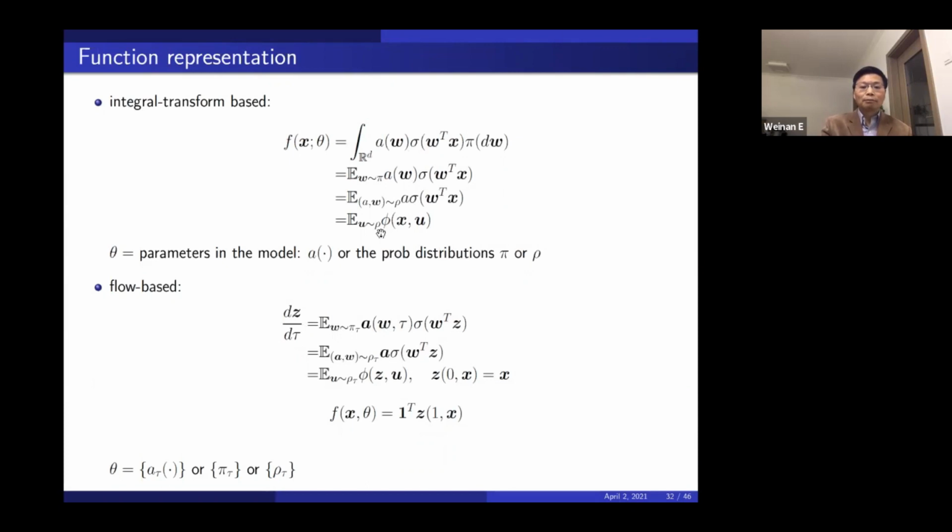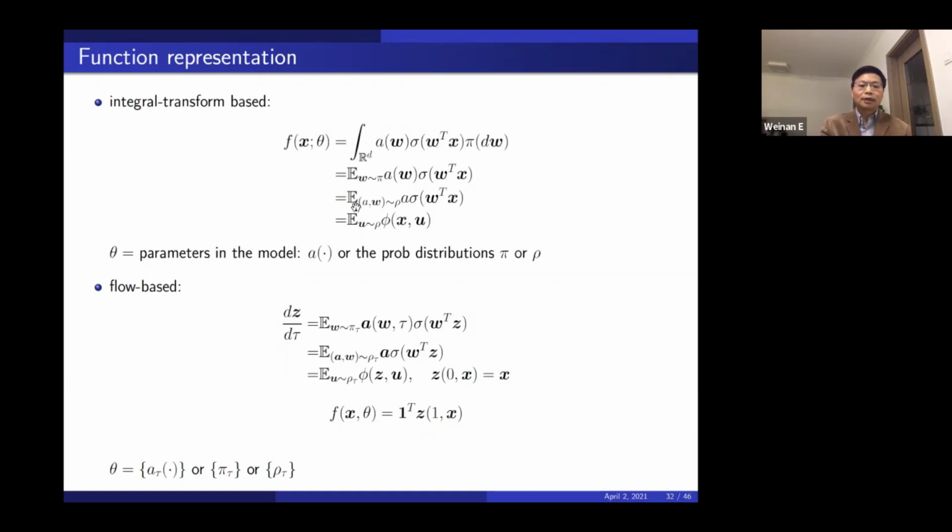Here, we can regard rho as being a parameter. Here, in this representation, we can regard A as the parameter, with pi being fixed. Or we can regard both as being the parameter. And here, in this representation, we would have the one-parameter family of probability distributions as being the parameter. So these are possible representations of functions in terms of some form of